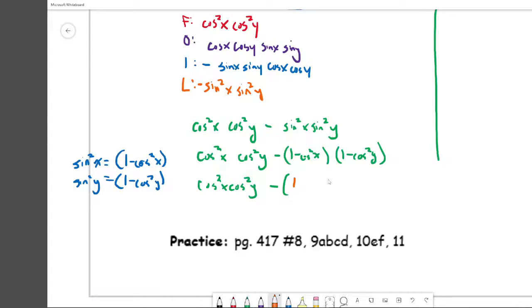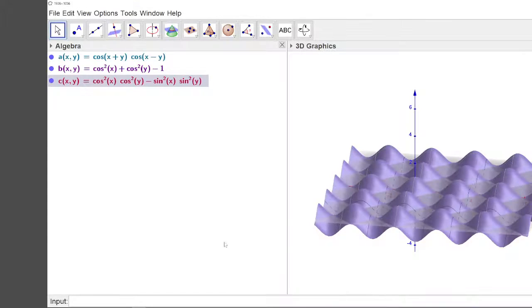So again, I'm going to put all this in a bracket. 1 times 1, then I get 1 times negative cos squared y. Then I get negative cos squared x times 1, cos squared x. And then I get positive cos squared x, cos squared y. That's because when you finish FOILing, you do the last times the last. Now, because this is a negative, if we distribute that negative to the rest of it,